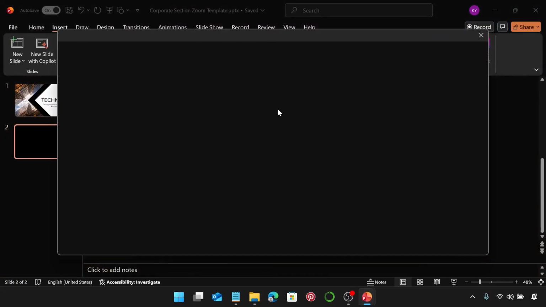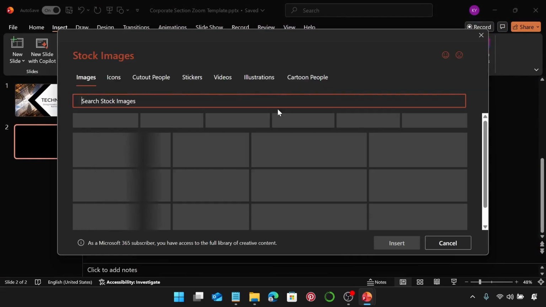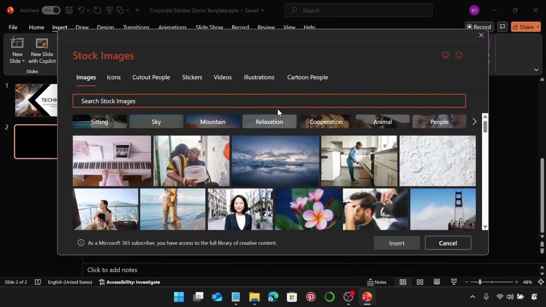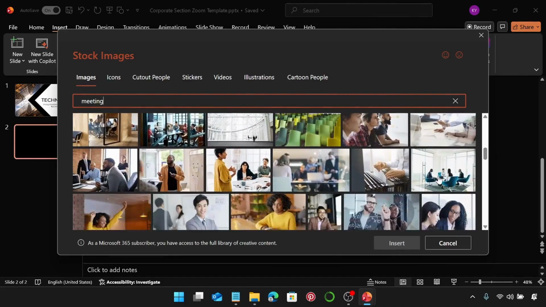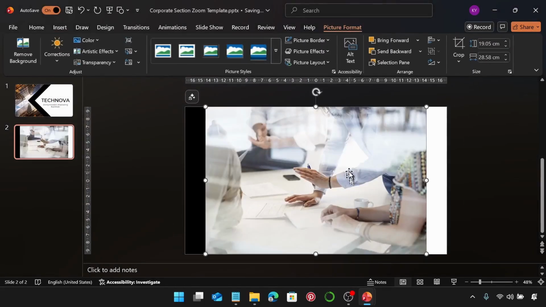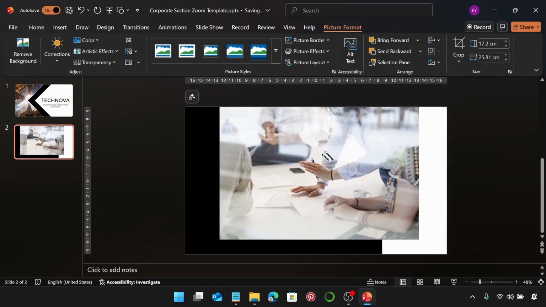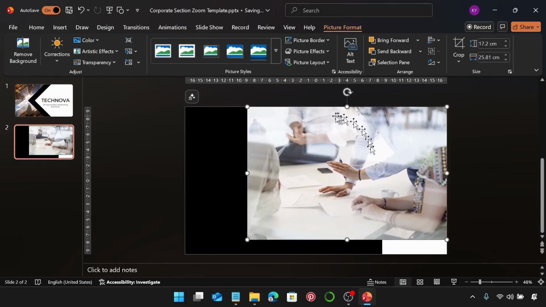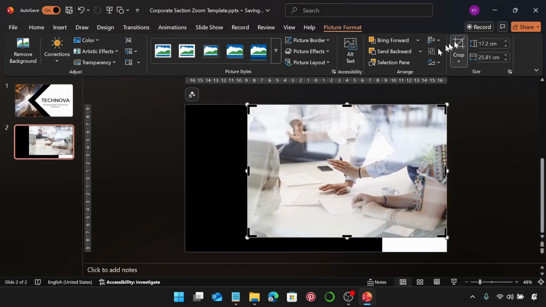Let's insert an image next. So go over to insert and we're going to go to pictures and then stock images. Give that a moment and we're going to search for meeting and scroll down, select this image and then insert. Change the height of this image to 17.2, move it all the way to the right